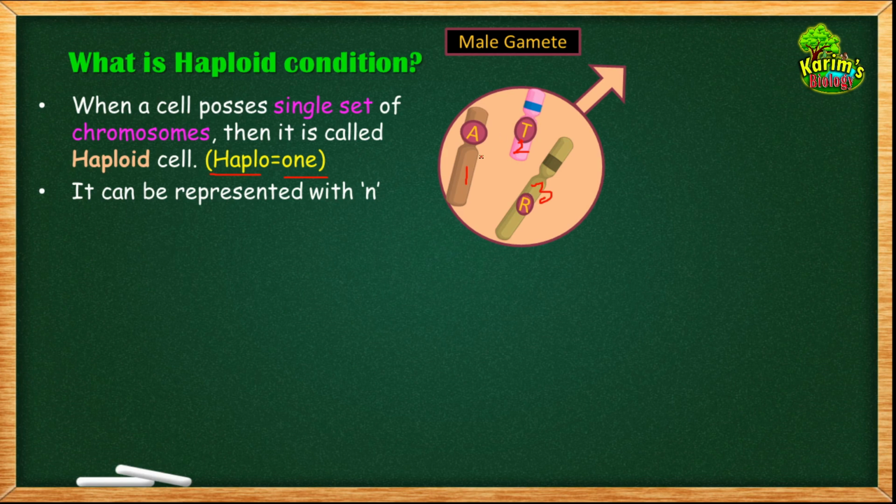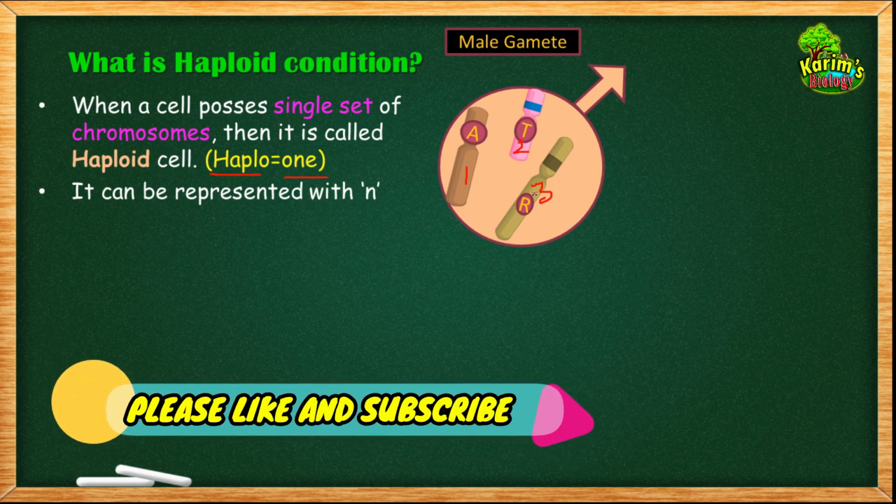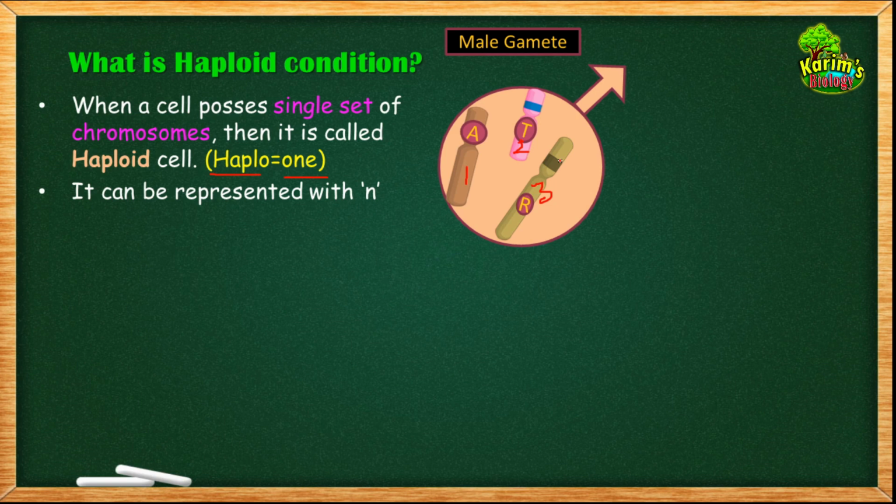So based on this context, can I say that these 3 chromosomes are the same or different from each other? Yes, they are different from each other because the genes that they carry are different. So tell me how many sets of chromosomes are there in this cell now? These 3 together form a set. So we can say that there is a single set of chromosomes present in this gamete. Then I can call this gamete haploid. So I can call this gamete a haploid cell because it consists of a single set of chromosomes.